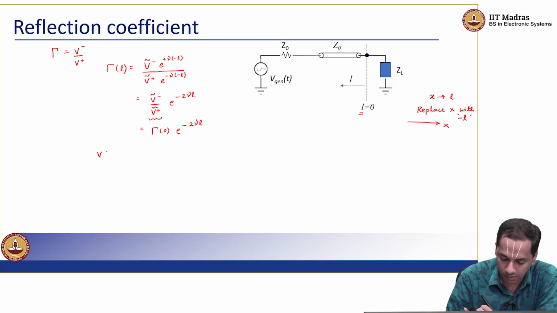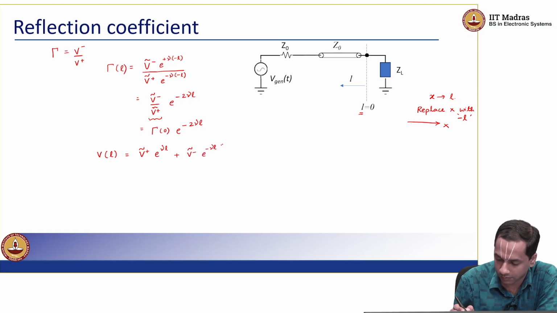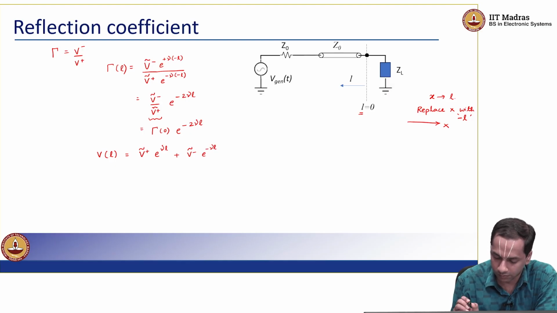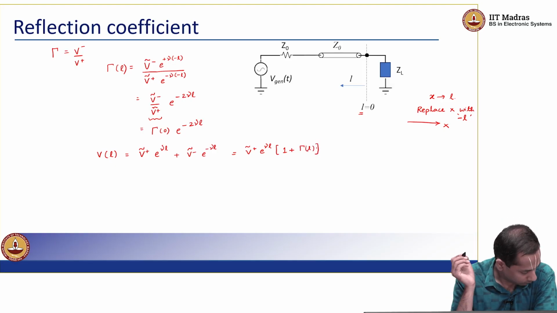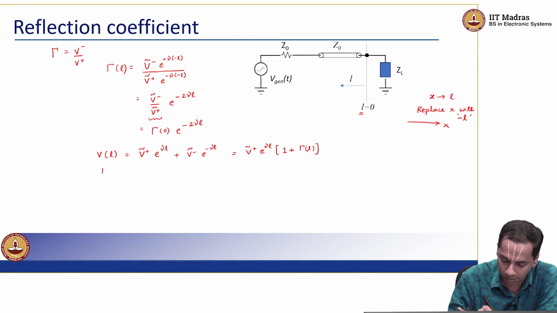And the net voltage at any point along the line can always be written as V plus plus V minus, right, and I can also write this as a function of gamma. Similarly, I